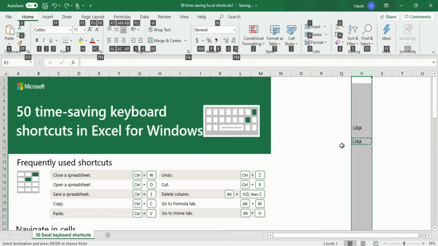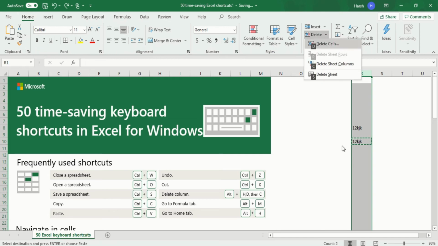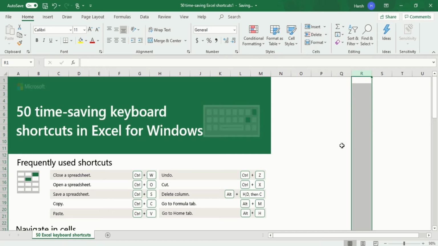Now I want to delete something, so I go for D, that is here. So now I want to delete cells. If I want to delete the whole column, then press C. If I want to just delete the cell, you just press D. If I want to delete the whole column, then press C. Now you see the whole column is deleted.